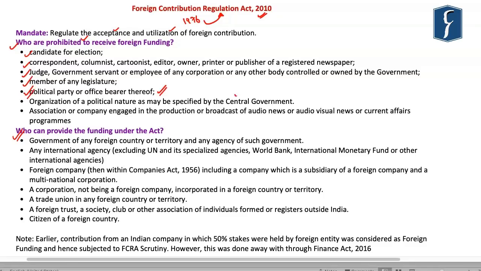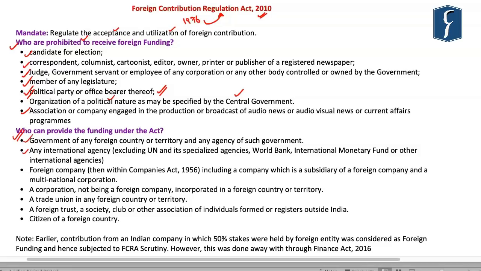Further, the central government can declare any organization to be of political nature, and once it is declared so, such an organization cannot receive the foreign funding. Then any association or a company that is involved in the production or the broadcast of the audio news or the audiovisual news, with respect to who can provide the funding under this particular act, government of any foreign country,